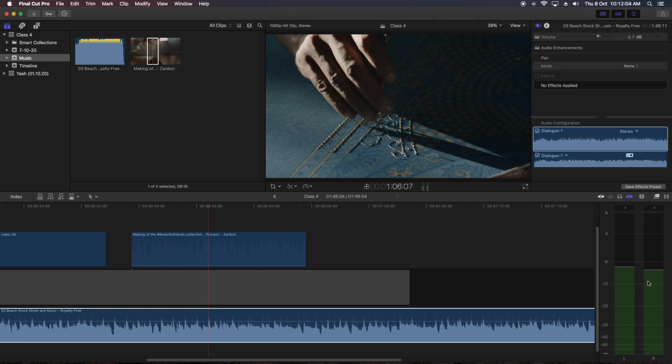There is no other scope in this editing software. For editors only this audio meter is there. You have to see whether the audio is going above 0 or below 0.